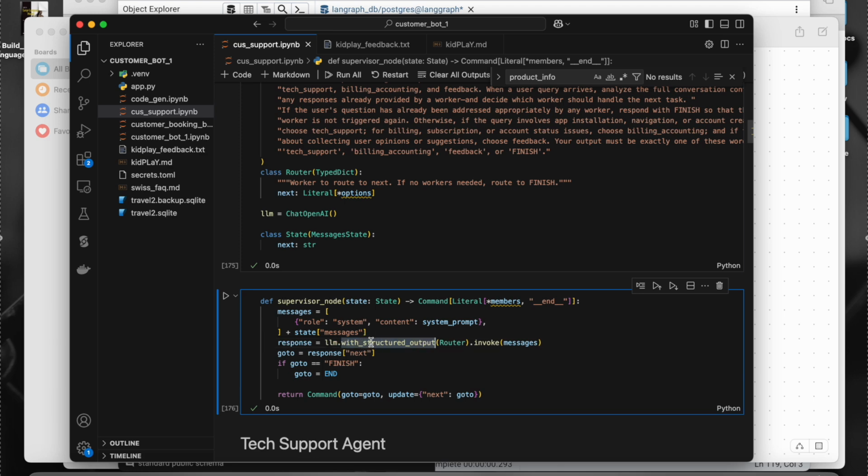The output should be in this specific structure only. That's what I am saying. I am just invoking the LLM, so the response I am just capturing. So in here, go to means